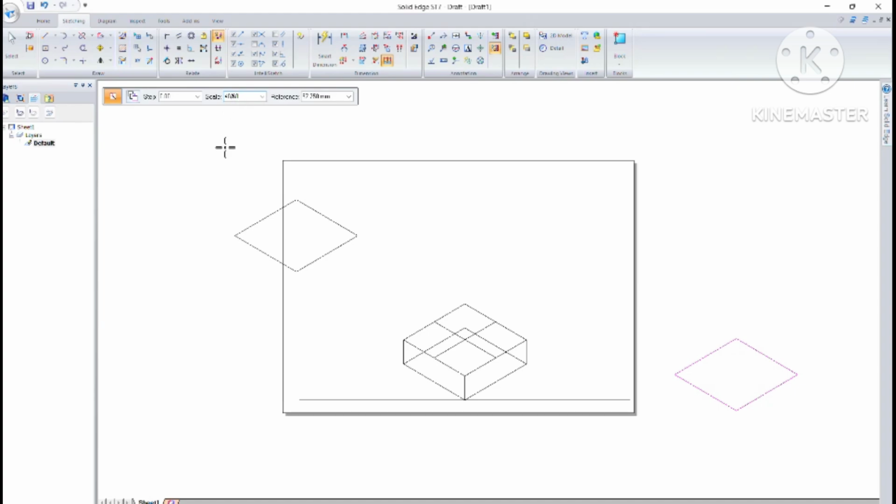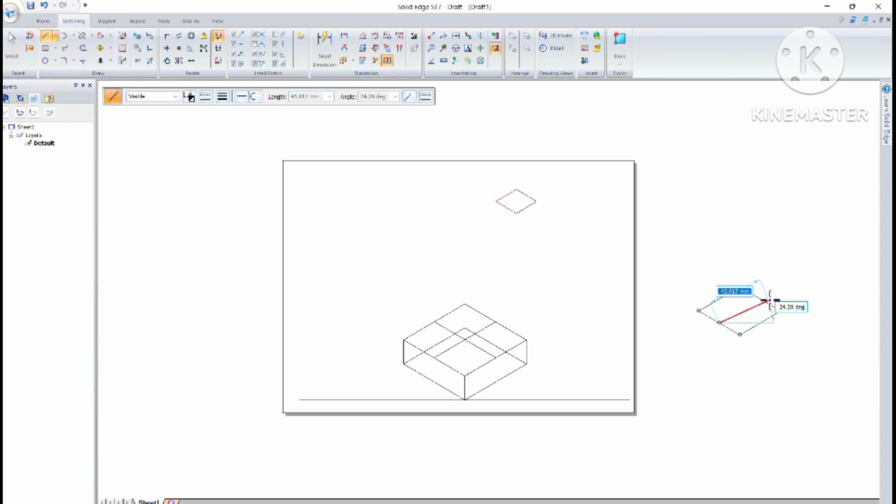Step 3. Copying the square block. In many technical drawings, repetition of identical elements is common. Instead of redrawing the same shape multiple times, we can simply copy the square block. Copying allows us to save time while maintaining accuracy. This is particularly useful in CAD software, where commands like copy or array can be used to duplicate elements precisely. At this point, we have successfully created multiple square blocks, ensuring uniformity in the drawing.